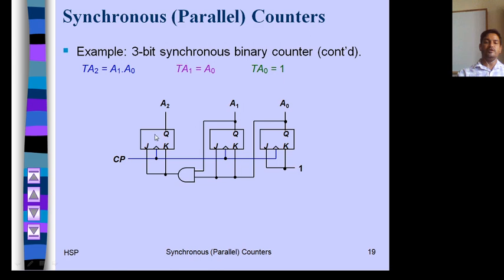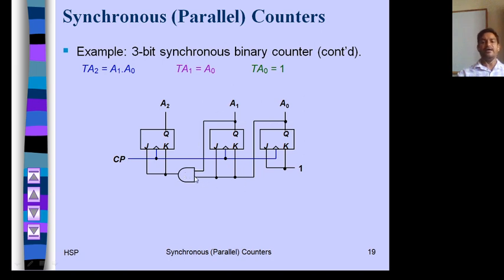Okay, now draw the circuit. There are 3 flip-flops. Okay, apply common clock pulse to all the flip-flops. Now first I am using MSB here. Now in this case MSB is here, LSB is here. Okay, what is TA2? TA2 is A1 A0. So TA2 is J2 K2. Okay, it will be A1 and A0, an AND gate.